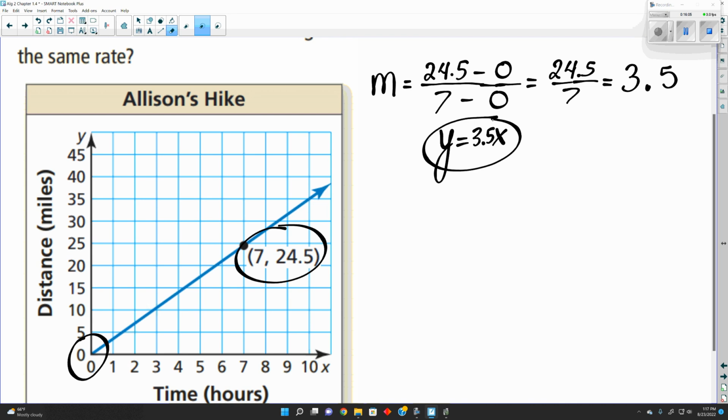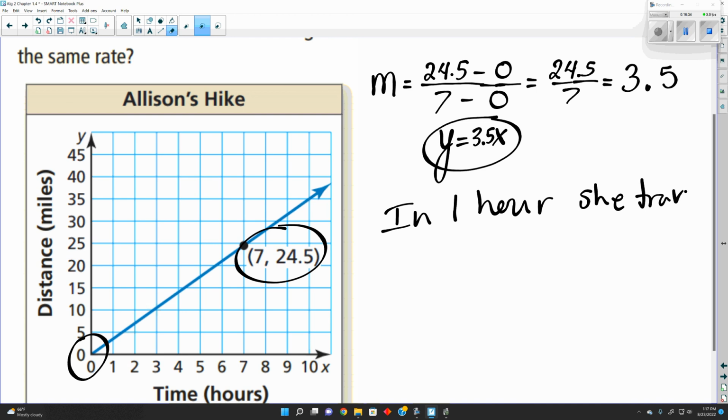Now, we need to interpret the slope. So we have 3.5, yes? We don't have it written, but it's understood to be over 1. We're talking about 1 hour, not 1 mile, because she's traveling 3.5 miles per hour, yes? So the slope is telling us in 1 hour,